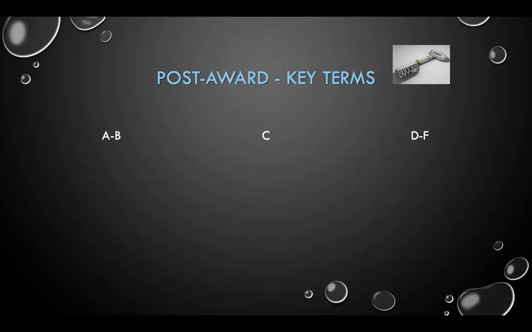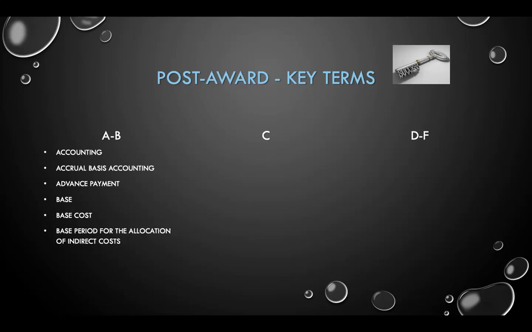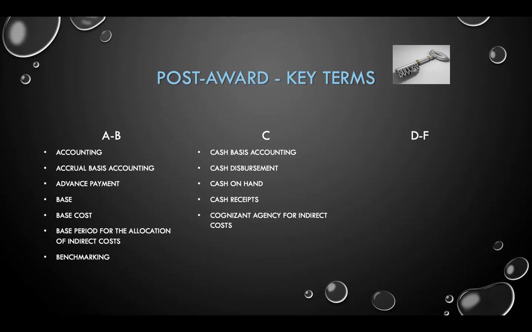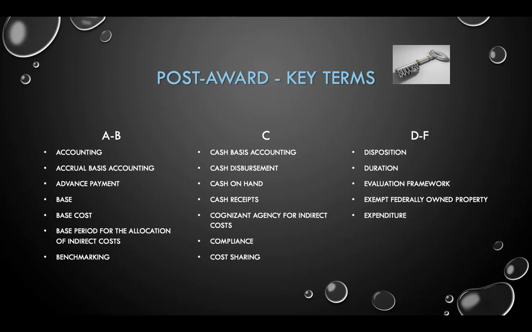Key terms for post-award: accounting, accrual basis accounting, advance payment, base costs, base period for the allocation of indirect costs, benchmarking, cash basis accounting, cash disbursement, cash on hand, cash receipts, cognizant agency for indirect costs, compliance, cost sharing, disposition, duration, evaluation framework, exempt federally owned property, expenditure, Federal Accounting Standards Advisory Board, FASAB, federal share of expenditures,